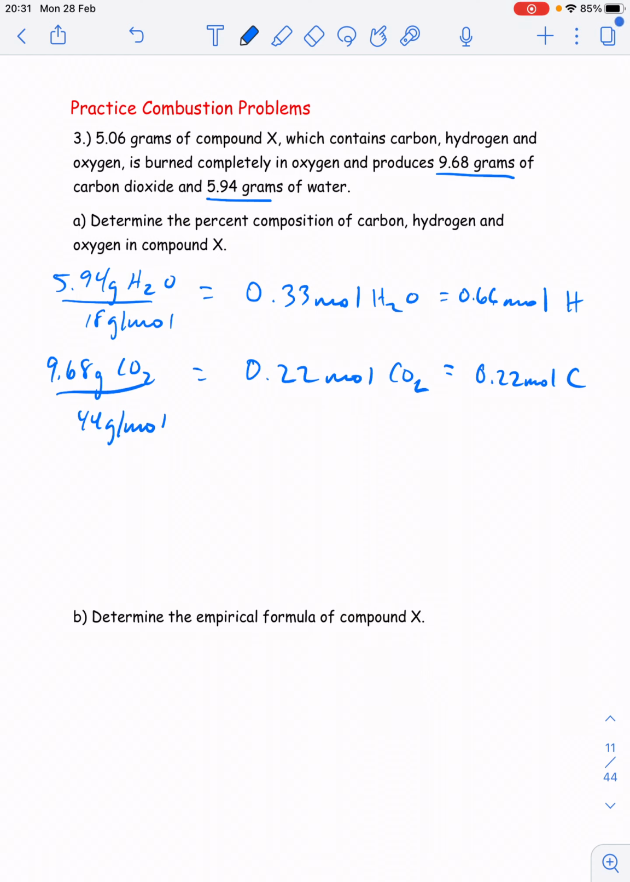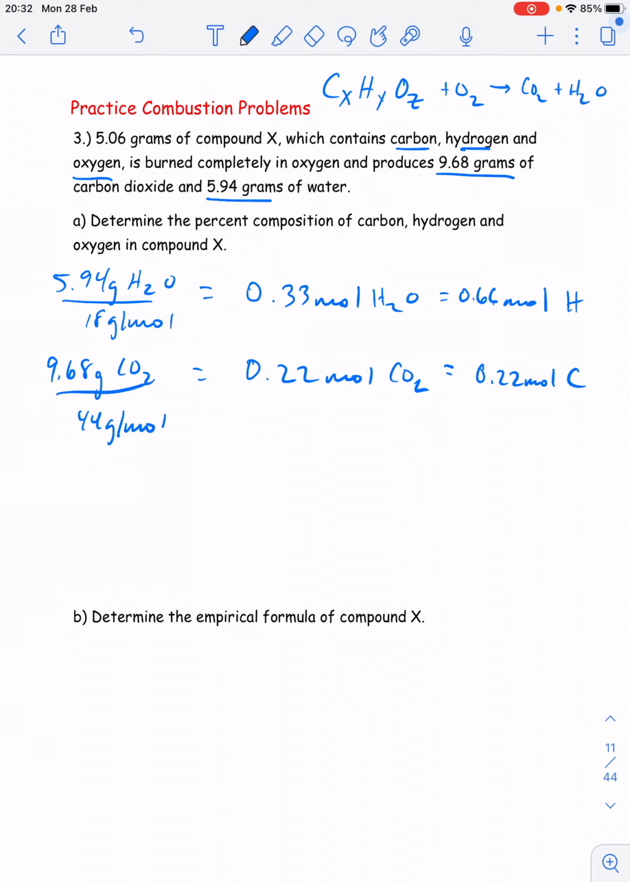5.06 grams of compound X, which contains carbon, hydrogen, and oxygen, is burned completely. So sometimes our fuels contain carbon and hydrogen, but they also contain oxygen. Now, what makes this so tricky is that combustion is a reaction with oxygen. And so in the end, when I make CO2 and I make water, unlike carbon and hydrogen, where I know